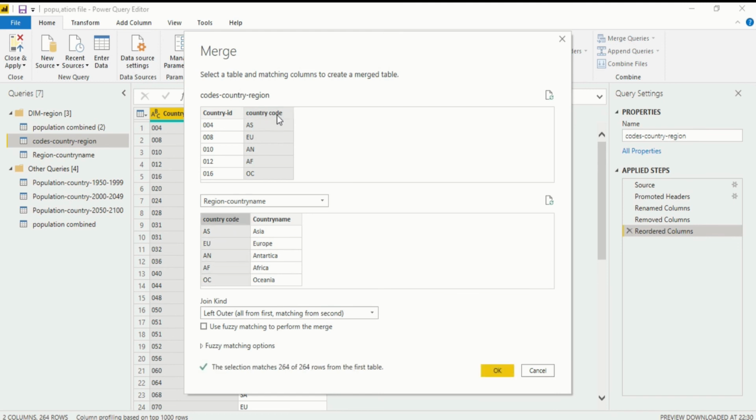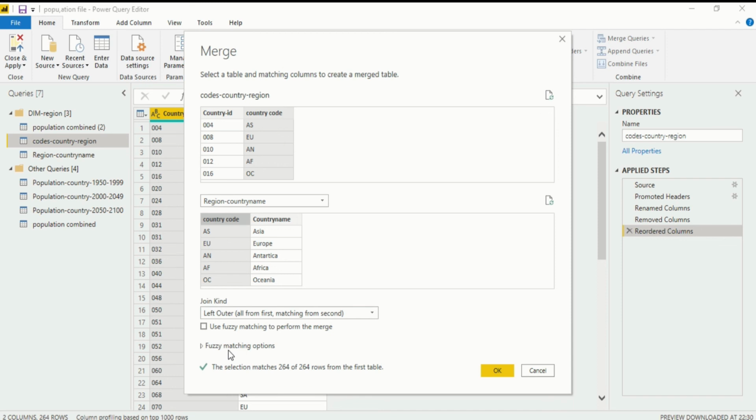This is how you merge those queries on the basis of one common thing. Always remember, as I told you in my brief description, you can always merge on the basis of one kind. One kind should always be there, otherwise you cannot merge. You can only merge when there is one thing that is common in both of them. On the basis of that common thing you can merge those files. In here you will see Left Outer, all from the first matching from the second. This is how you will combine or merge queries.